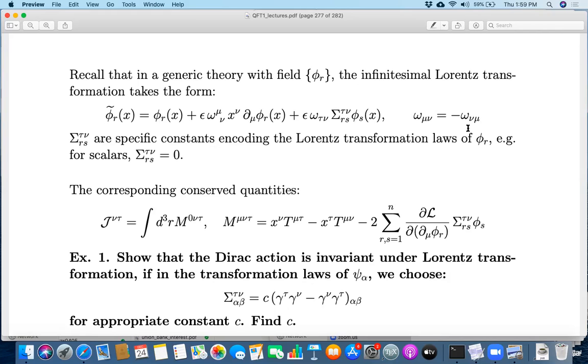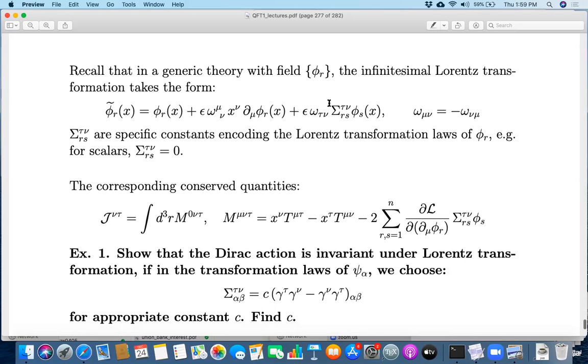So omega was antisymmetric. This is what we had found for the Lorentz transformation. These are some fixed matrices. What these matrices are, of course, depends on what theory you are considering. These matrices basically came by expanding that matrix S that was multiplying phi for a finite transformation. So these are specific constants that encode the Lorentz transformation laws